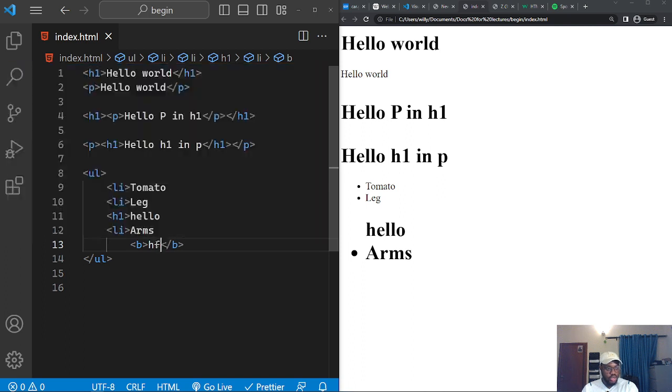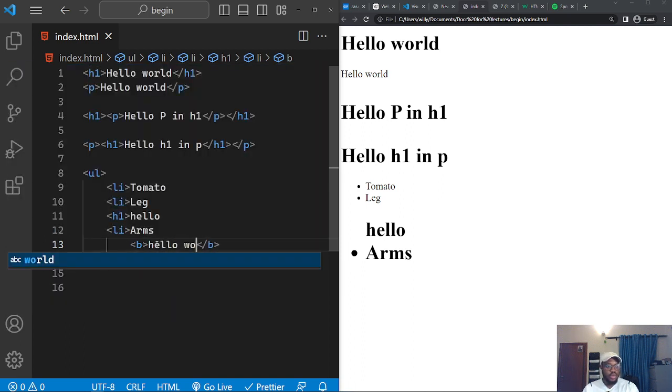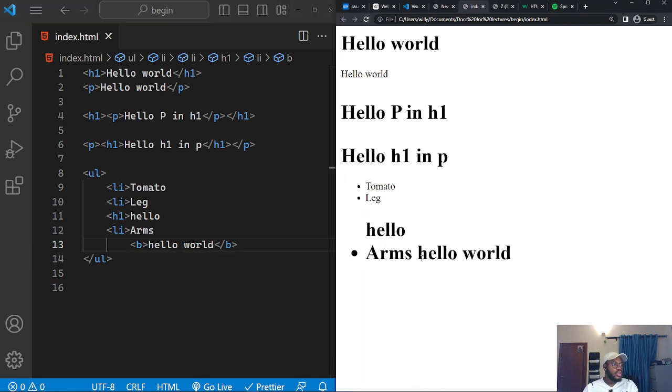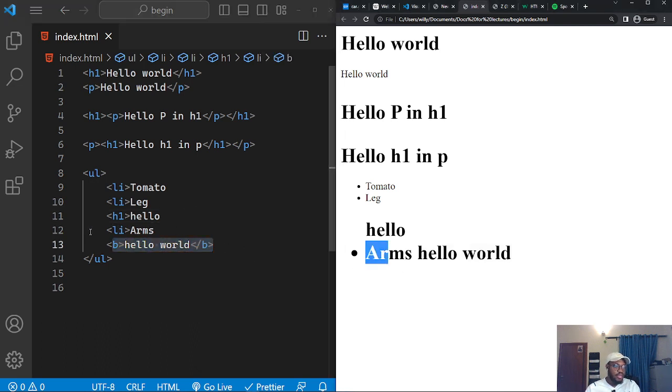It is bold. So it is bold. Let's say hello world. Hello world. It is bold. You can see the text is bold here. Another effect of this issue about not closing the tags is you can see that the B is also added to the arms list